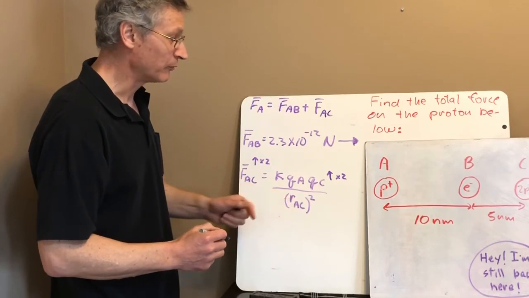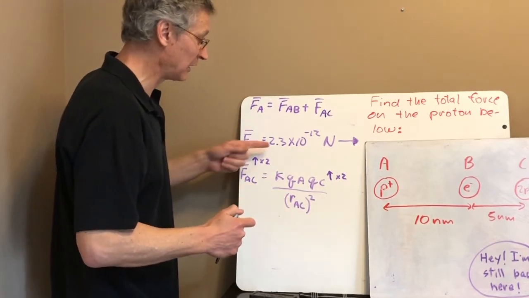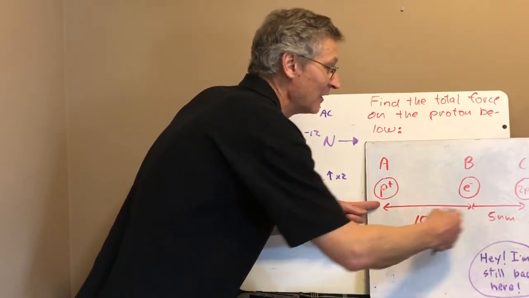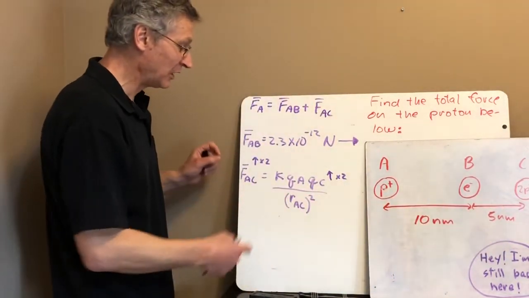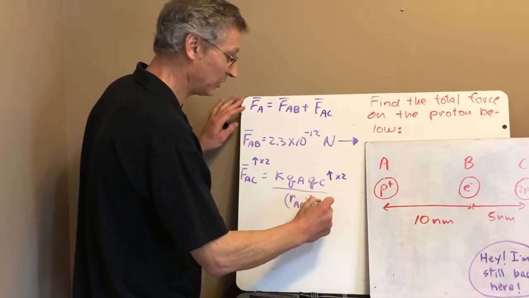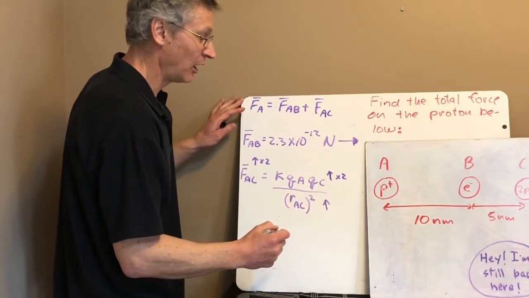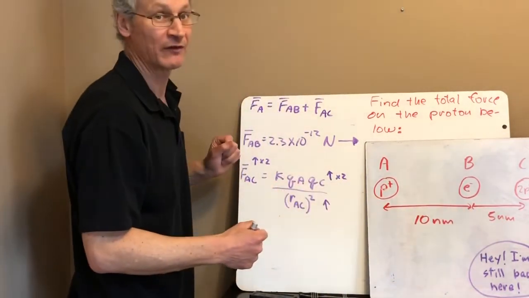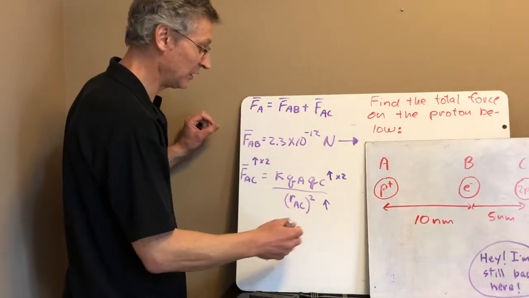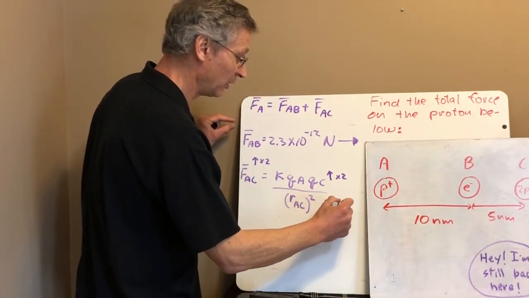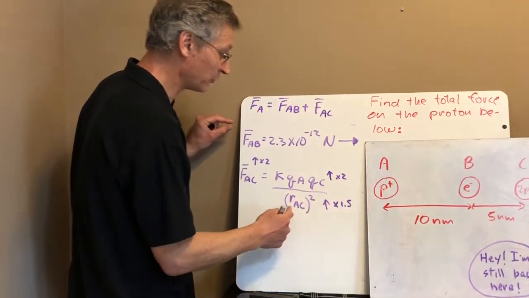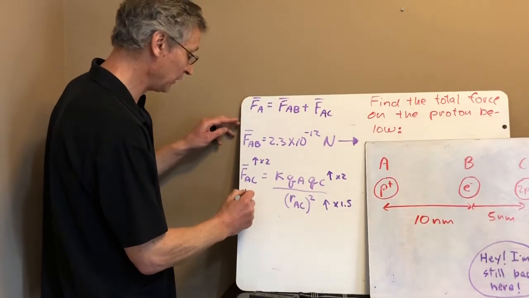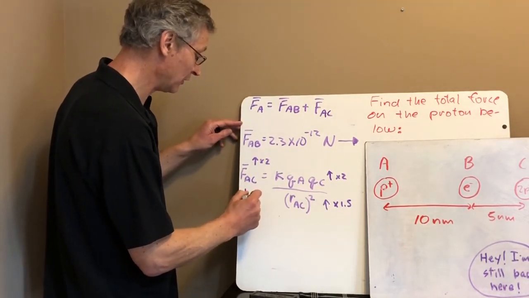How about this number? Well, instead of substituting in 10 nanometers like I did the last time, I'm substituting in 15 nanometers. Basically, I'm taking the number down here and I am increasing it by a factor of 1.5, right? 15 nanometers is 1.5 times bigger than 10 nanometers. So I'm taking this number and I'm increasing it by a factor of 1.5. Now it's on the bottom and it's squared. So if this one goes up by a factor of 1.5, this one is going down by a factor of